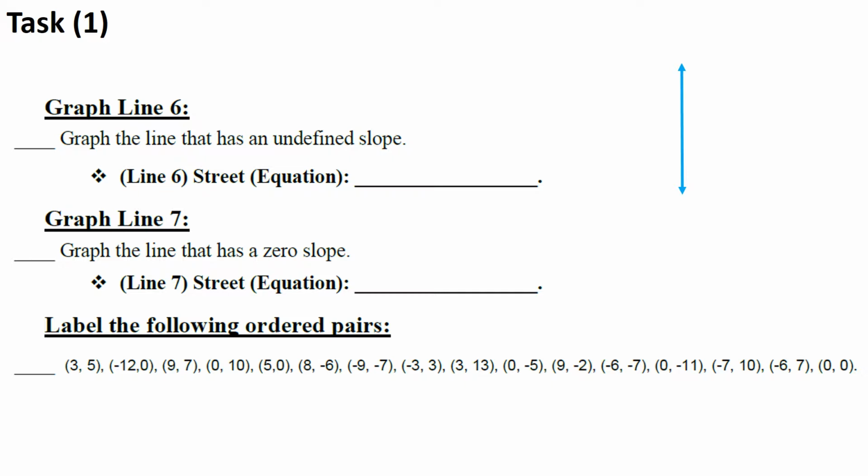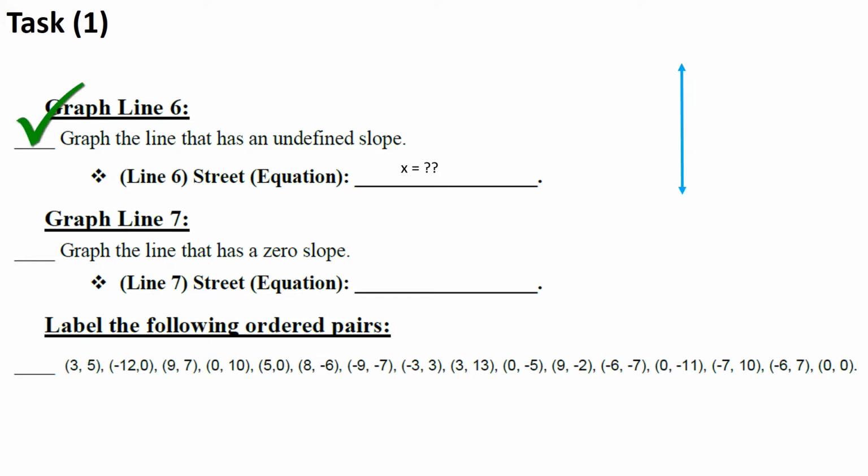It's going to be parallel to the y-axis. It actually looks like a y-axis, but it's going to be on a different number, and you get to choose that number. But the equation is going to be x equals whatever number you choose. And so you're going to have a vertical line drawn through whatever number you choose. All right, and so that's what's going to make it unique. You could have copied off of me up to this point, but lines 6 and 7 are going to tell me that you are doing this on your own. And so it's going to let me know that you have your own number, your own lines,